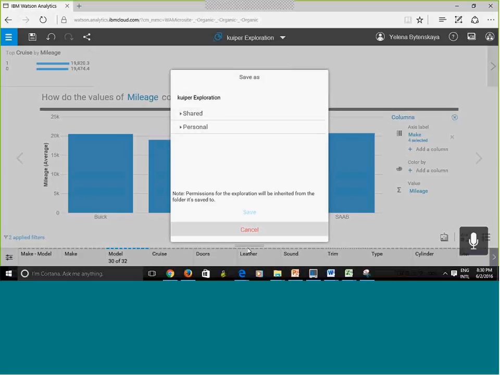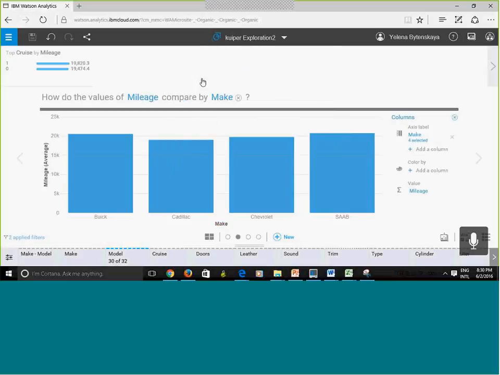I'm going to save it in a personal folder, and I'm going to give it a name. I'm just going to put 2, since I may already have a workbook with the same name. And I'm going to hit save. Okay. There we go. But if you ever get permission errors, there is a possibility that you might be trying to save it in a folder that's located in a shared area. Or there is a possibility that you already have a file with the same name. Okay, let's hit save here.